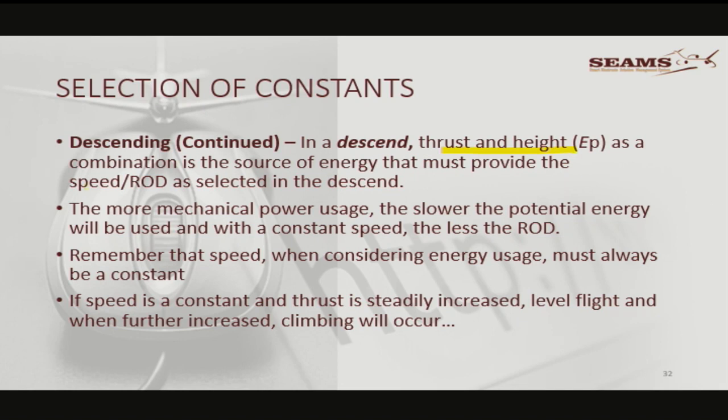So we can use those two as rate of descent. So normally in descent, at a constant speed, you can have at least a constant rate of descent if you want, and you can manipulate it by using the power. Remember, the speed when considering any usage must always be a constant. If speed is a constant and thrust is steadily increased, level flight, and